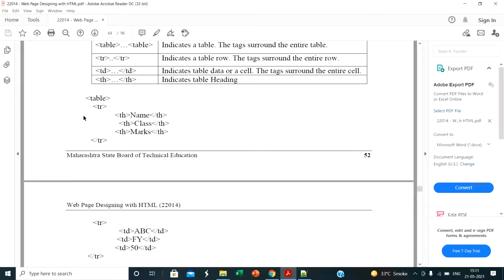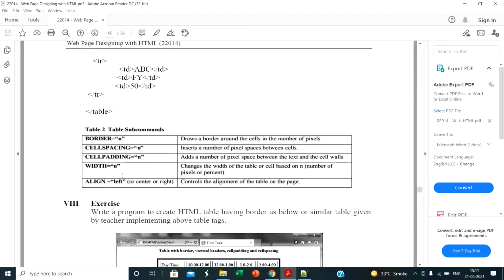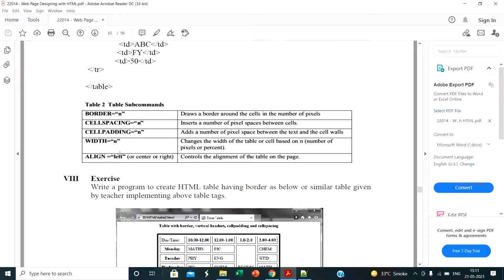Here one example is given. One table is created, and inside the table the first row is created, with headings name, class, mark, then data ABC, FY, 50. Here some table attributes are given. Border equal to n: if you pass some value in the border attribute, the border is displayed on the table.